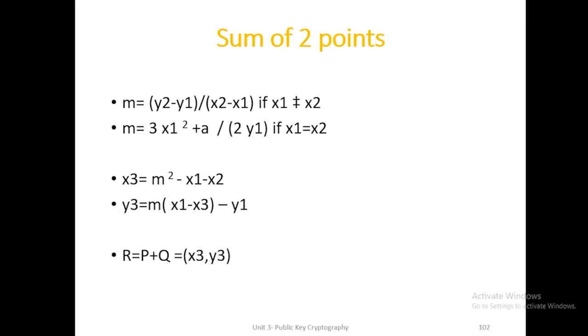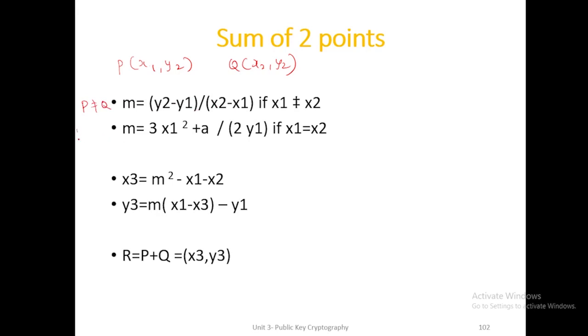Welcome to cryptography session. Let us take the problem on elliptic curve. So the formula here is denoted. If P and Q are two different points, let us take P is equal to x1 comma y1 and Q is x2 and y2. We need to calculate the slope value. So if P and Q are not the same, the slope m is equal to y2 minus y1 by x2